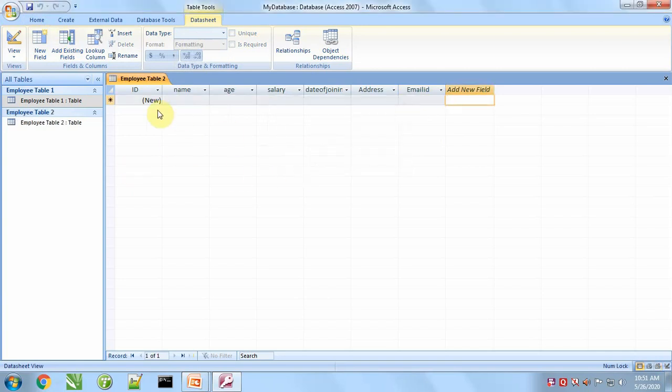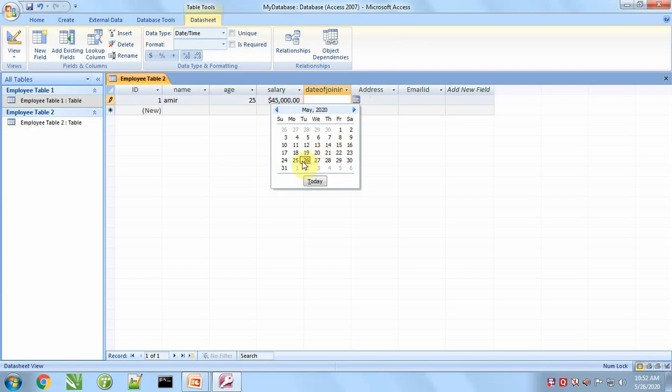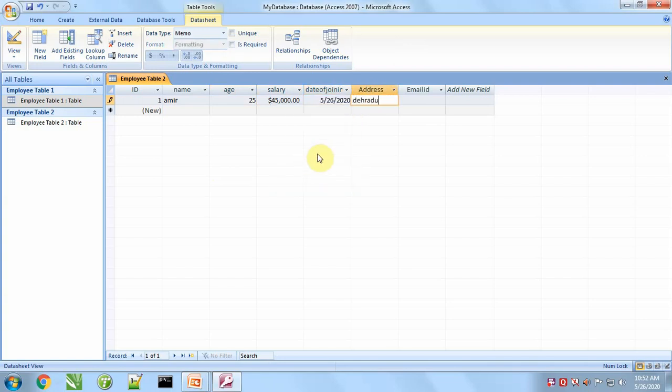OK. Now we can directly fill the records here, but the ID will be generated automatically because it becomes the primary key and auto number. I will explain all these concepts in the next video, but here it is automatically generated. This is the second way to create a table and fill records in that table.